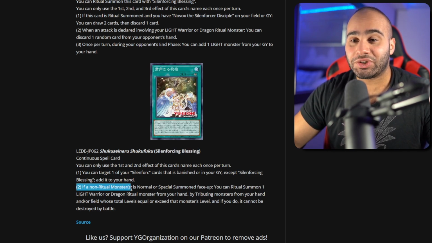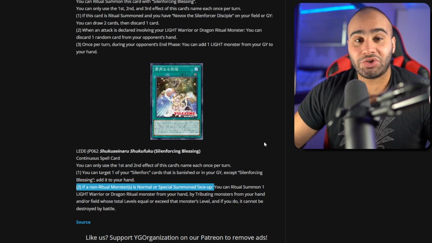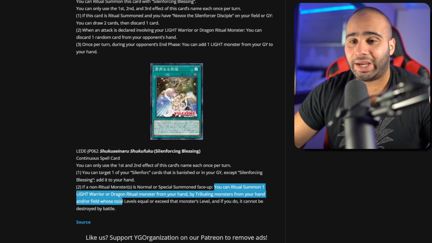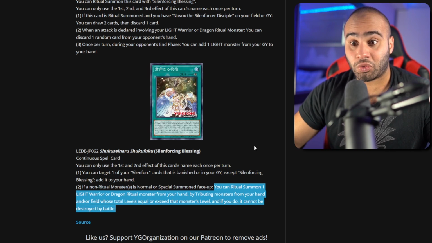Anyways, if a non-ritual monster is normal or special summoned face up, any player, like your opponent, could summon a non-ritual monster, which is extremely easy because who the hell ritual summons anyways outside of Silent Enforcer? Nobody. You can ritual summon one Light Warrior or Dragon ritual monster from your hand by treating monsters from your hand and/or field whose total level equals or exceeds that monster's level, and if you do, it cannot be destroyed by battle. Now this looks irrelevant, but it's actually extremely relevant because the other Silent Enforcer continuous spell,